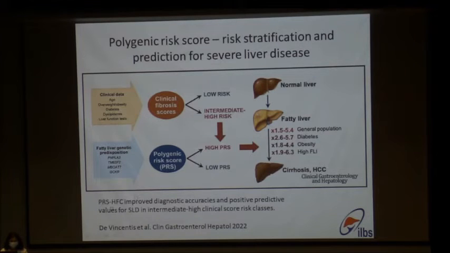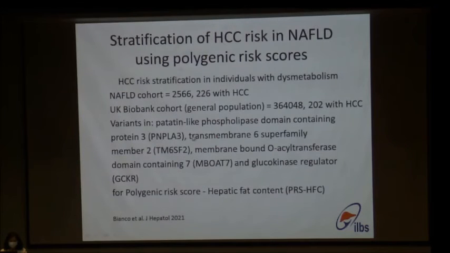So this polygenic risk score with hepatic fat content, this study showed that it improved diagnostic accuracies and positive predictive values for severe liver disease in intermediate to high clinical score risk classes. So HCC risk stratification in individuals with dysmetabolism. It is required in cases of NAFLD because